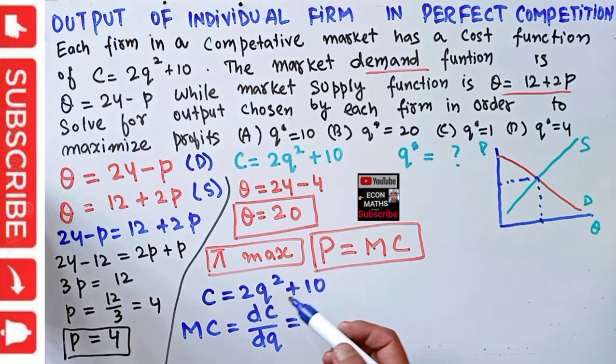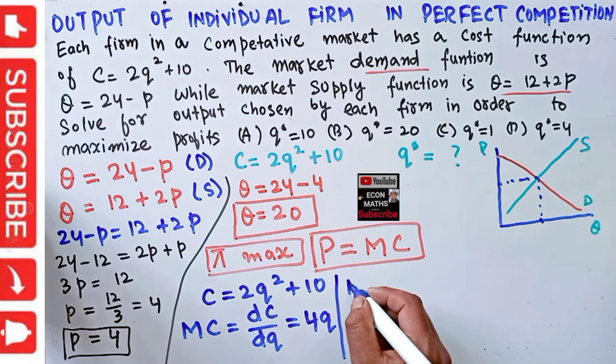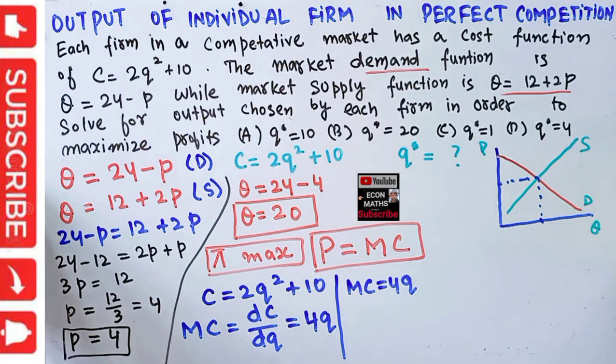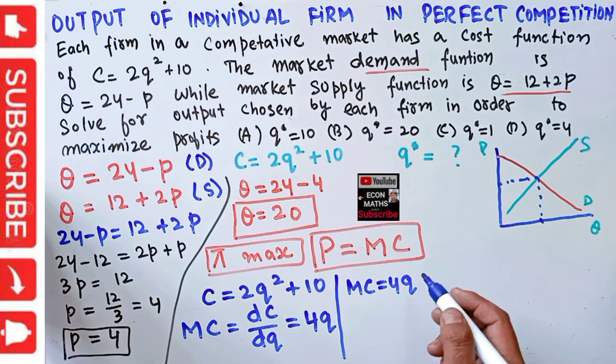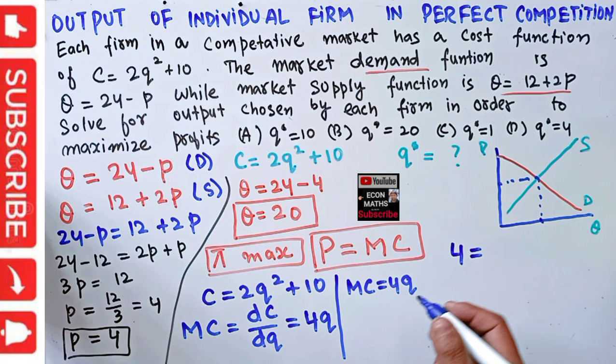Taking the derivative of this function, the derivative of Q² is 2Q, so 2 into 2 is 4. So we get 4Q, and the derivative of a constant is 0. So we got marginal cost equal to 4Q. Let me write it here: marginal cost is equal to 4Q. The market price we already calculated came out to be 4. Using the equation P = MC, P is 4 and marginal cost